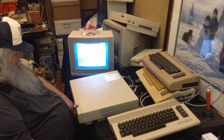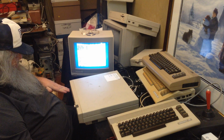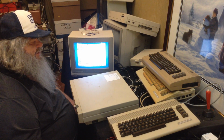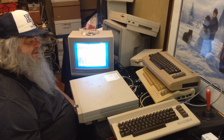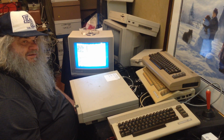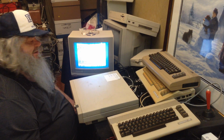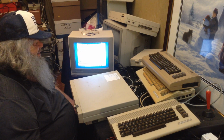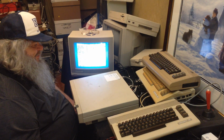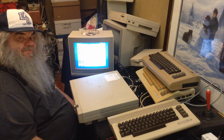It's too bad in a way I didn't stick another drive in here. I have not ever had, but I have seen the Porsche style machines that have drives built in. I should have got one. They were beautiful. And I know a fellow